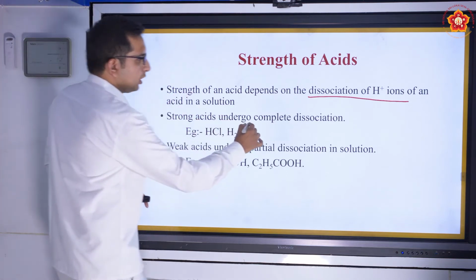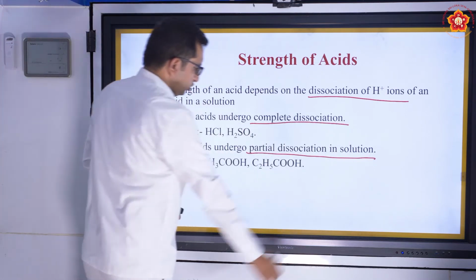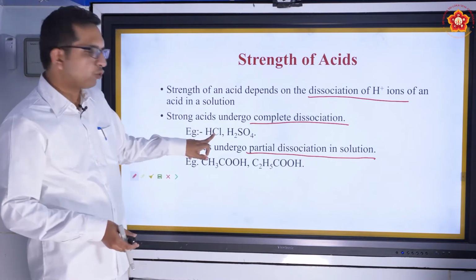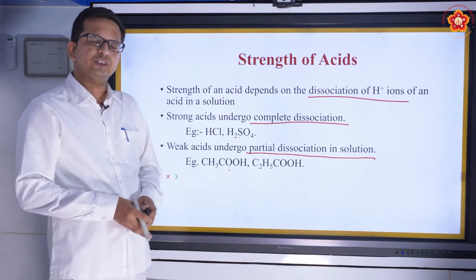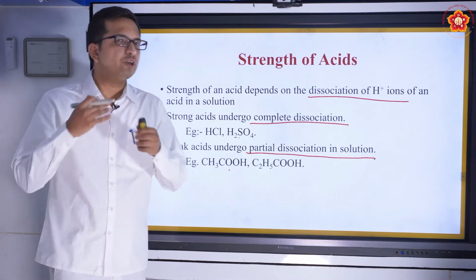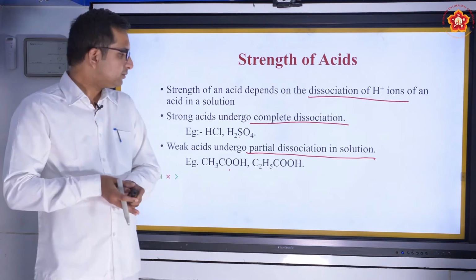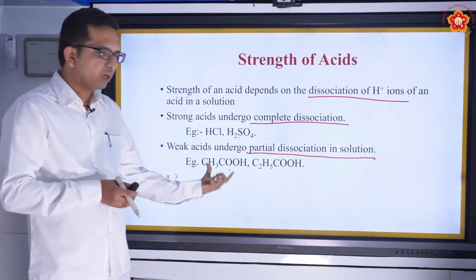Strong acids undergo complete dissociation, weak acids undergo partial dissociation. Partial indicates minimum. Now, this is hydrochloric acid, sulfuric acid. This is called methanoic acid. The study of organic compounds we will come across in the 4th chapter, where we deal with organic compound studies. So we will do a more detailed study about this there, but what we need to understand here is